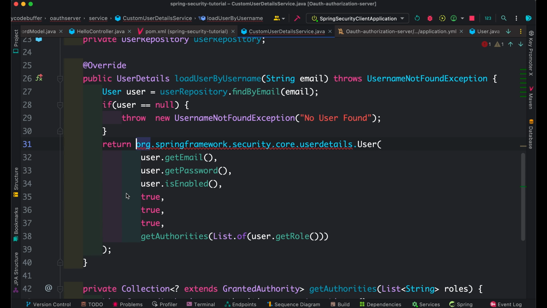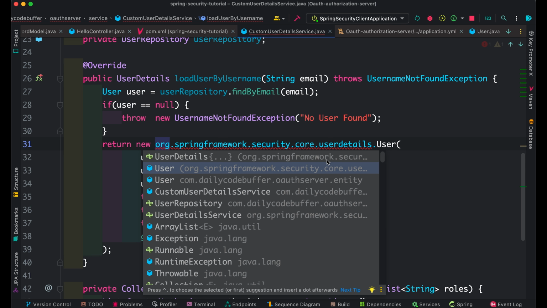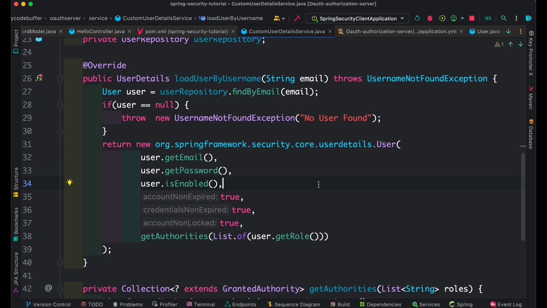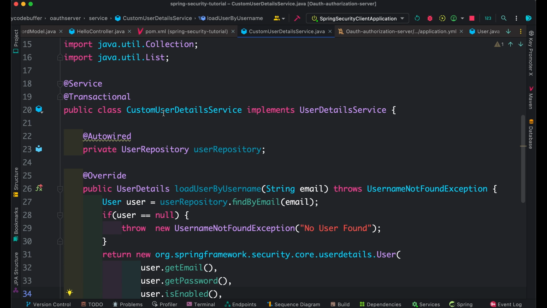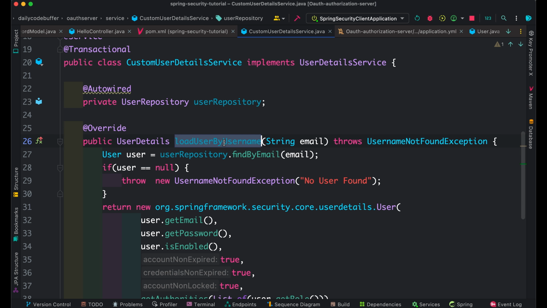Okay, so let me add the new over here. Cool, right? You can see that we did a lot of things, but it's simple. We just created the custom user detail service and implemented the UserDetailsService, which is a very important part of Spring Security to load the user based on our database. That's the custom implementation. So we injected the user repository, and this is the loadUserByUsername method that we have implemented,